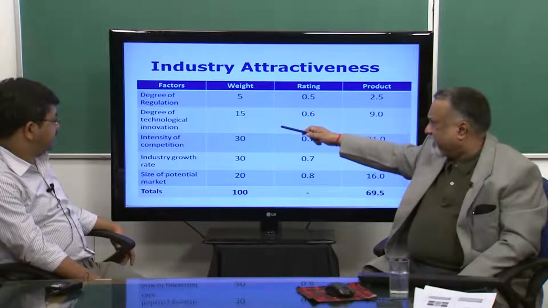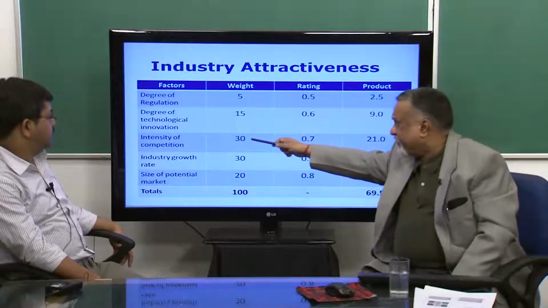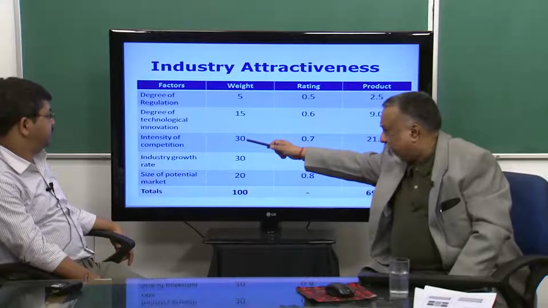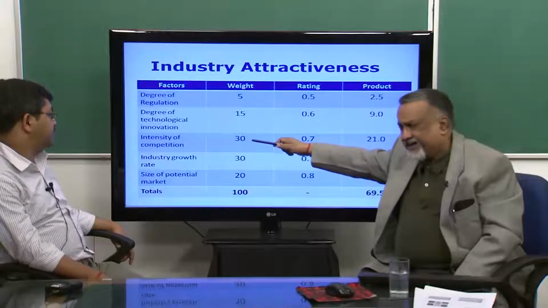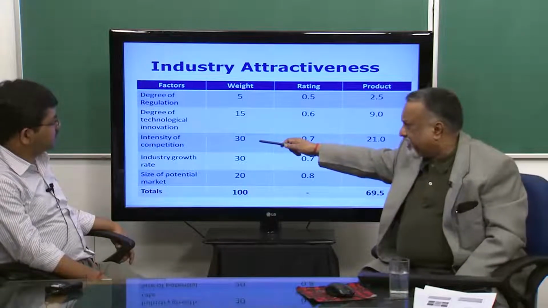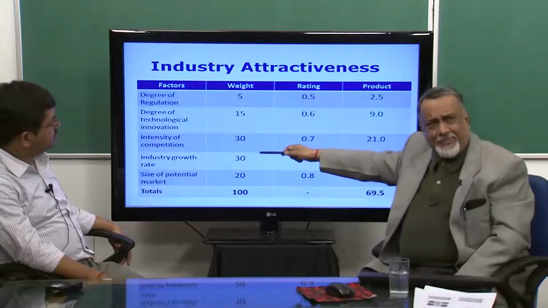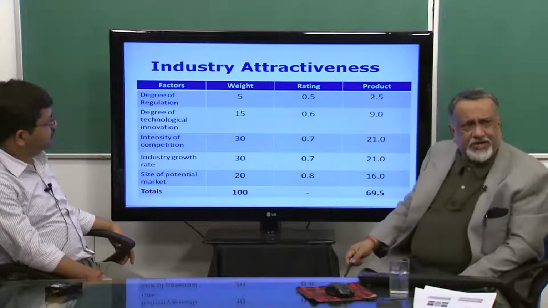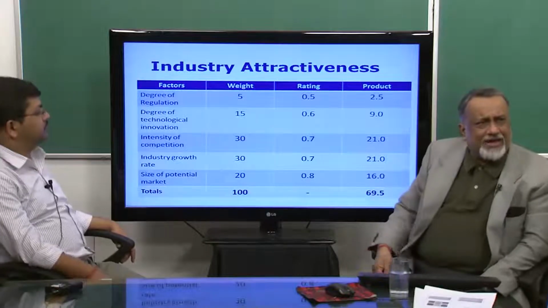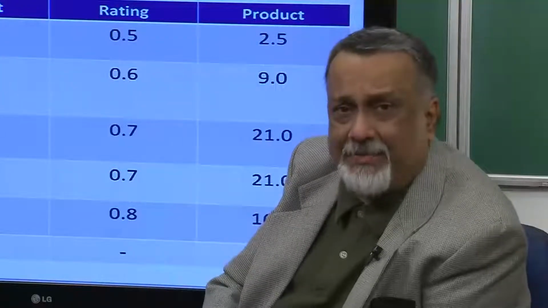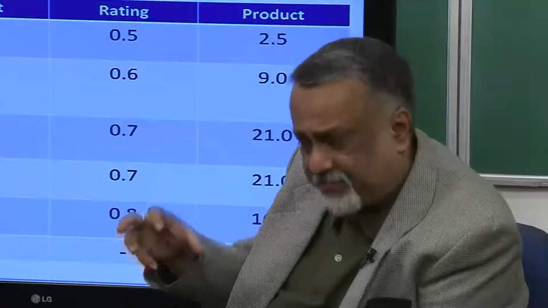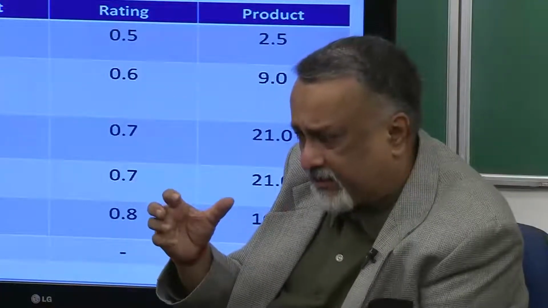So, for example, here relative weightage has been given, high relative weightage to intensity of competition and industry growth rate, both are positive and high. That is why, even though there are many competitors, people are still coming in, because the industry growth rate is high. This is one of the paradoxes: there are already many people playing in it, but more and more people, like bees getting attracted towards honey, the higher the growth and potential of the market, the higher the number of competitors who will fly in.